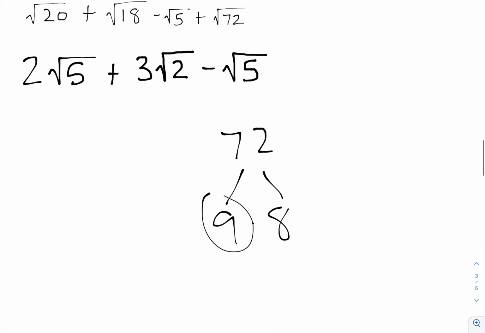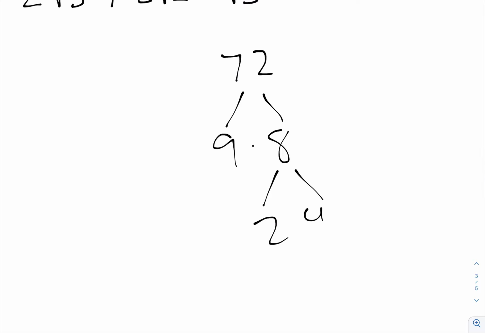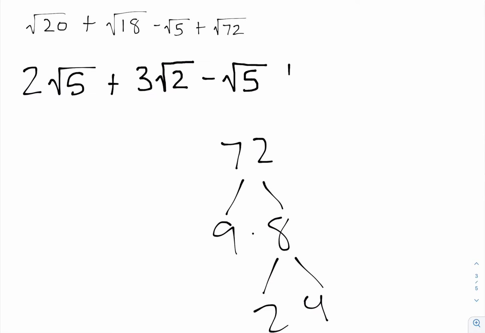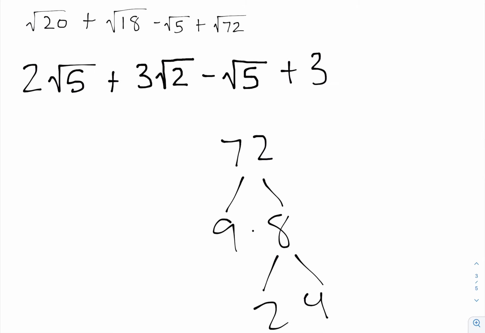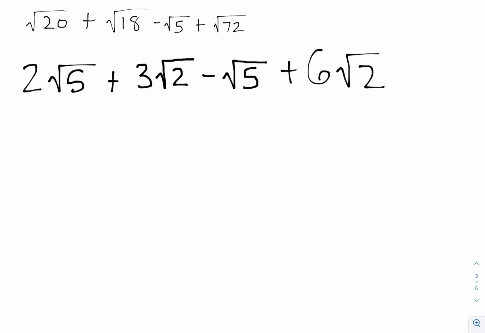Now 72, this is the same as 9 times 8. 9 is a perfect square. And we can split the 8 into 2 and 4. So this equals plus, remember the square root of 9 is 3. So we can go plus 3 times the square root of 8. And remember, 8 can be split into 2 and 4. And the square root of 4 is 2. So the 2 and the 3 are going to multiply. It's going to be 6 root 2. So what we have now is 2 root 5 plus 3 root 2 minus root 5 plus 6